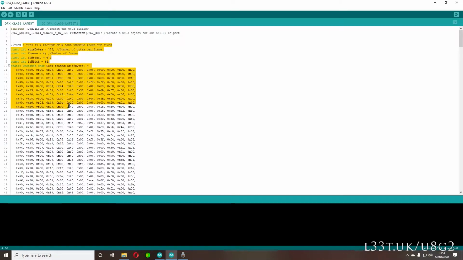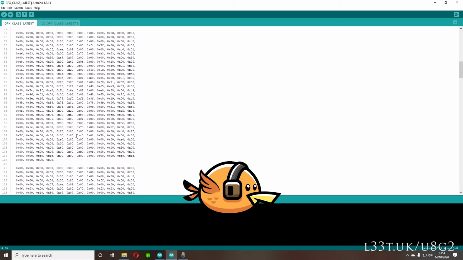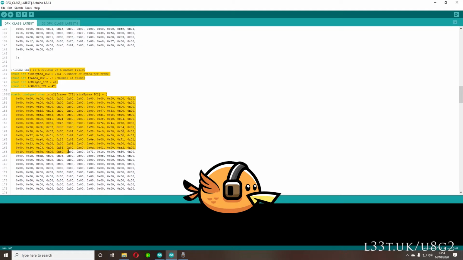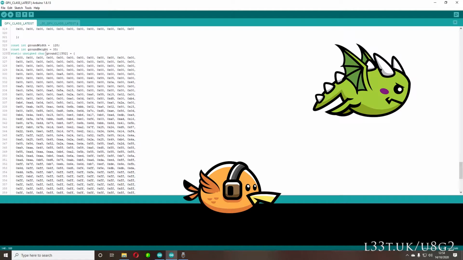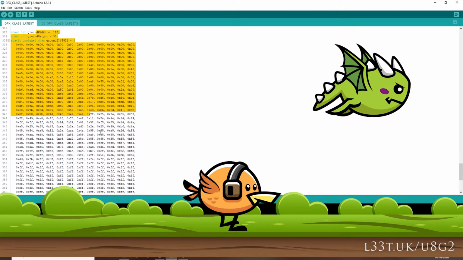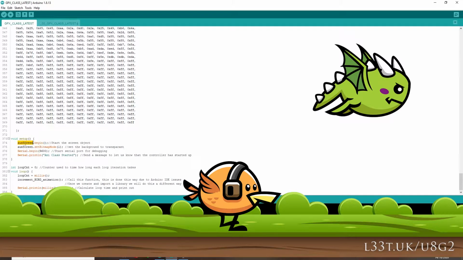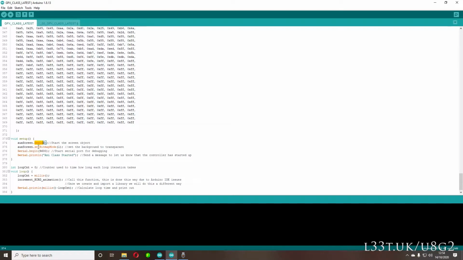So in this tutorial we've got three icons. This is icon 1 and all the frames. This is icon 2 and all the frames. And this is icon 3 and the one frame that we have for icon 3. Then we initialize the auxiliary screen object. We set the bitmap mode to 1, so that means that the bitmaps will be transparent, so when they overlap they look a little bit better. We also initialize a serial port and we print AnyClass started, just so we know that our microcontroller hasn't crashed and it's working. Now in our loop function here, I'm just going to ignore that for now